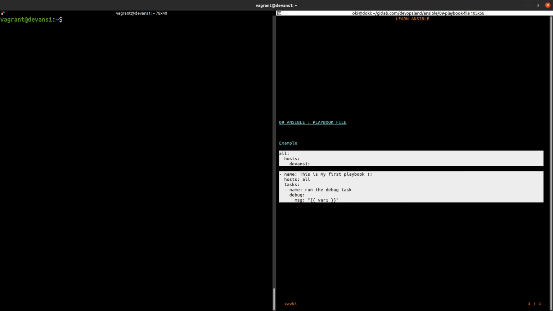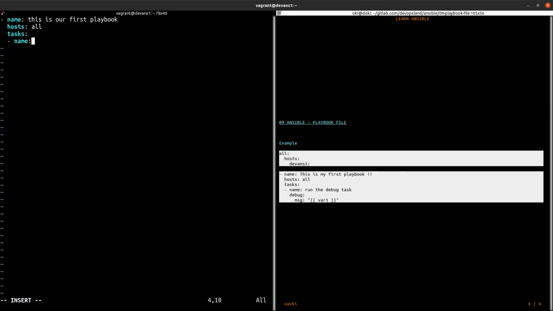Now if you want to use a playbook, we can edit a playbook .yml file, and we can add the name of this playbook. This is our first playbook. The target host is a group or a specific server. In our case, we use the all group, and we can specify some tasks.